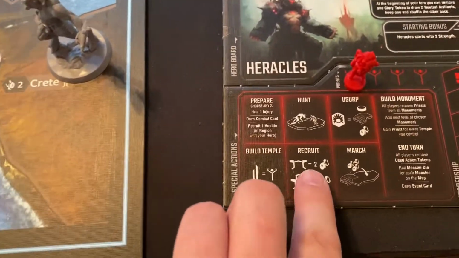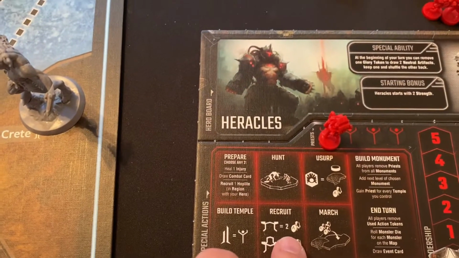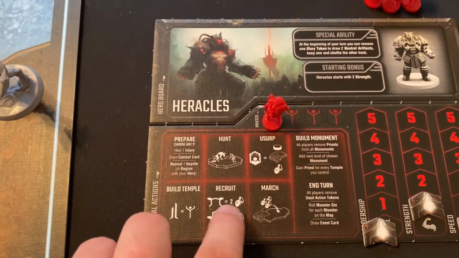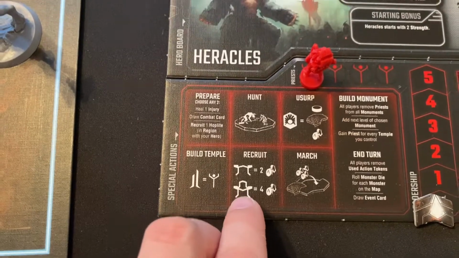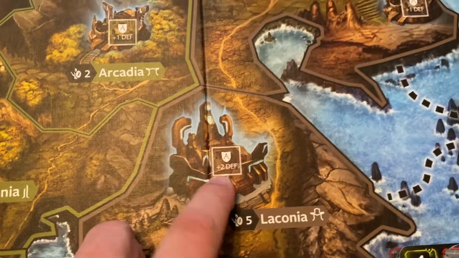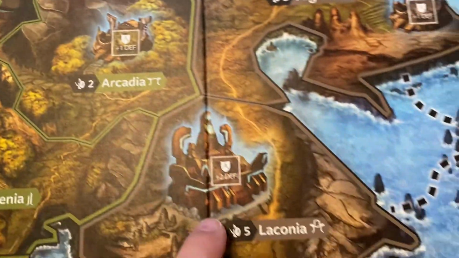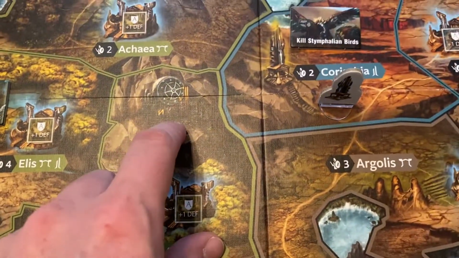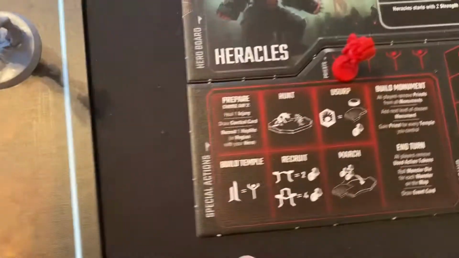Recruit. You can if you have control of a place with a city. Sorry, if you have ownership of a region, you can put 2 of your hoplites into that region. If you have a control of a place, a region with a city in it, and a city has this little fortification. This one is the biggest one. That's Sparta. You know it's Sparta because it's a +2. The rest of them are all +1. So if you have a region that you control that has a city in it, you can put 4 of